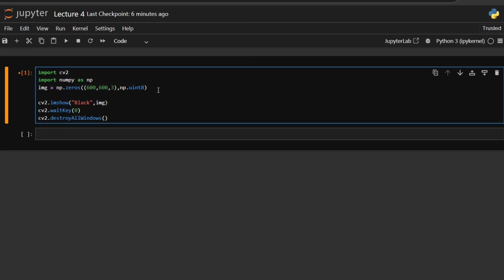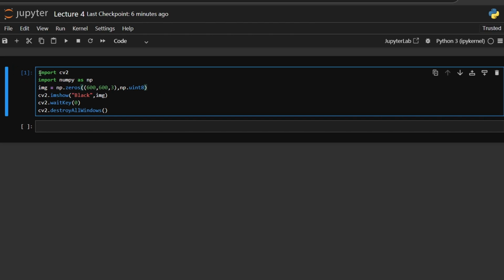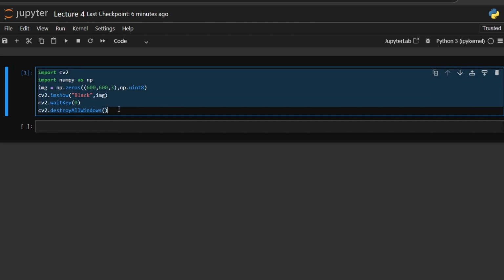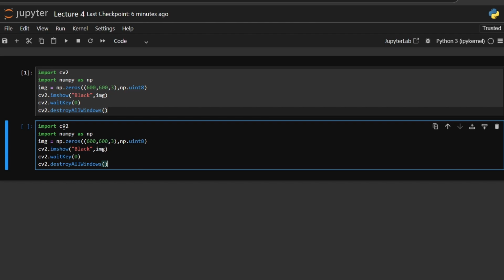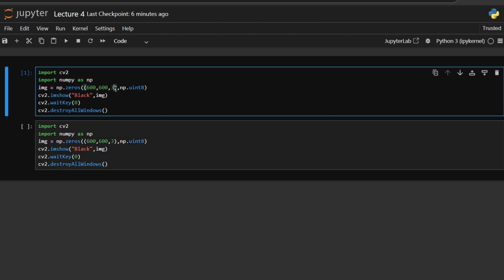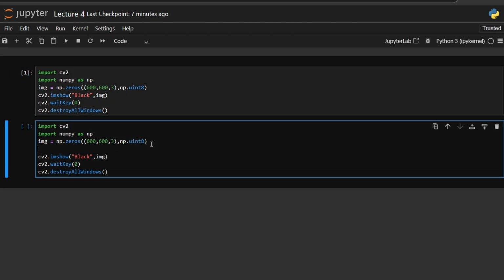Now we have created a black image using our numpy method known as np.zeros, where we have filled it with zeros completely, and the size of the image we have given is 600, 600, 3. If we make it 2, it will create a grayscale image. As I have told you in previous classes, the grayscale image contains 1 channel and the colorful images contain 3 channels. To draw a line on the image, we have a method in OpenCV known as